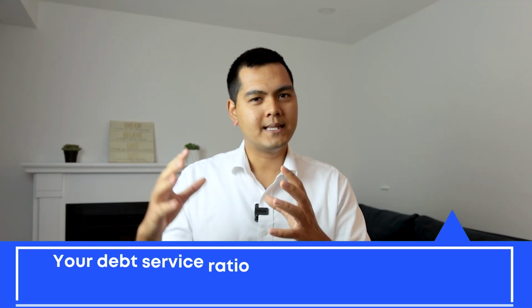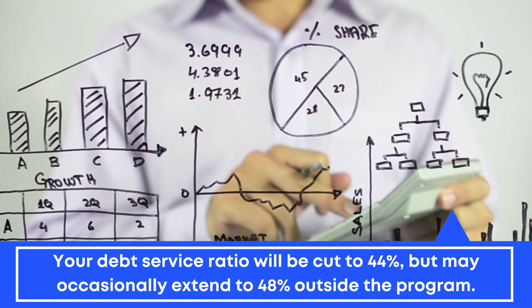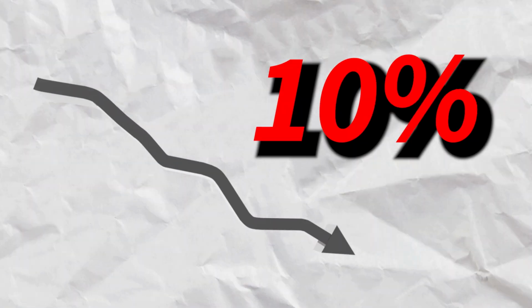Another point to note, they do reduce the total debt service ratio, which is one of the calculations that is used to find out how much you can qualify for. Typically with Scotiabank, we can sometimes go up to 48% in the total debt service ratio. That is brought down to 44%. So you just imagine roughly a 10% decrease in the typical borrowing amount, but you're adding all this additional income